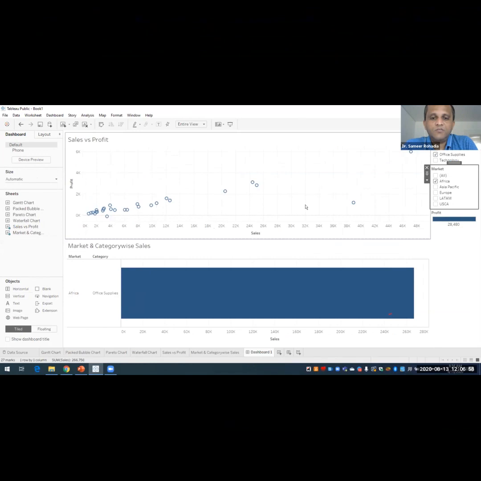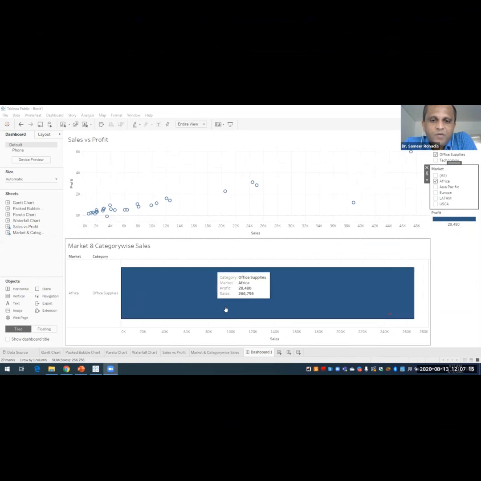No one has said anything about this feature in the previous session. That's why I'm covering this in this session. Thank you very much for letting me do this. But this is a very important thing. Now maybe I'll show you one more thing, because now as you have highlighted this.